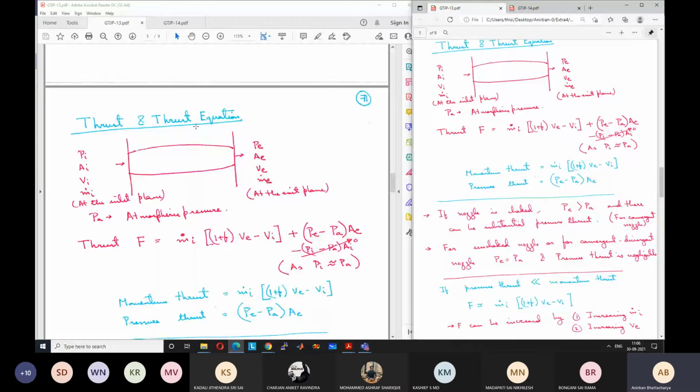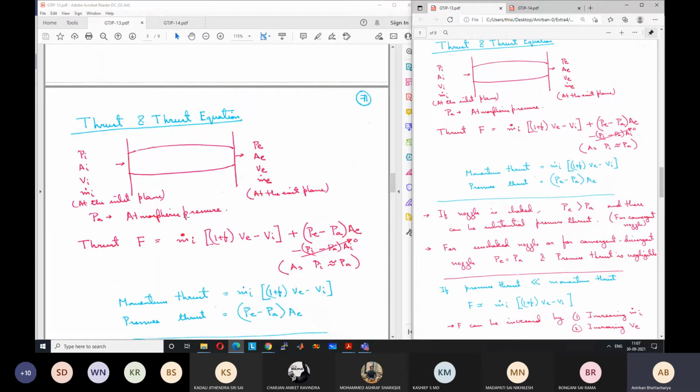For a particular aircraft, you need a minimum amount of thrust for takeoff or landing to occur. Based on that, you want to design your engine. So for that, you want to know, for unit mass flow rate, what is the thrust developed? It becomes one of the most important parameters. That's why we want to find out the thrust, and this is given by an equation known as the thrust equation. It's actually a very simple equation, nothing fancy here, just based on common sense.